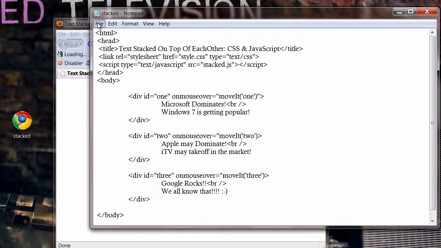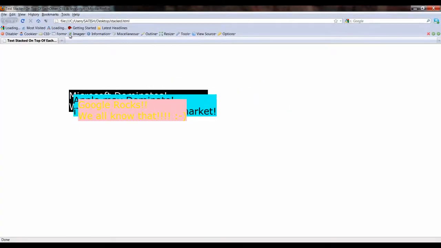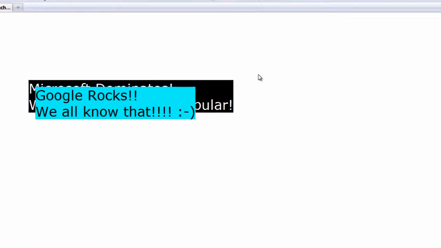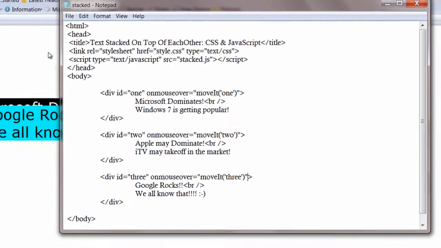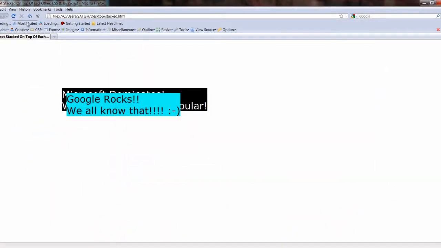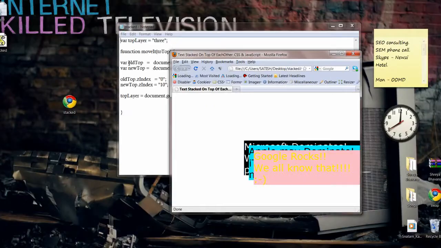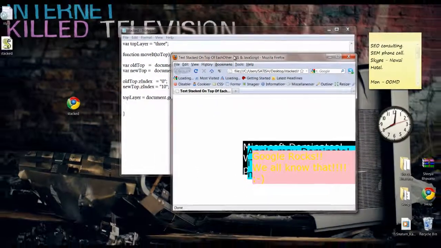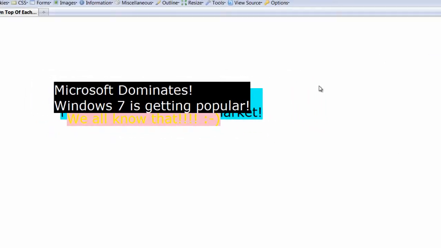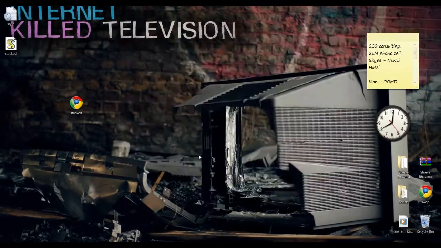Okay, save the file, refresh our browser. Oops, it has some error. Okay, I have not put the closing quotes. Save the file once again. Oh, I have misspelled the keyword function itself. Now save the file. Okay, it's working. When you mouse over any div tag area, the corresponding text comes up to the top of the stack.